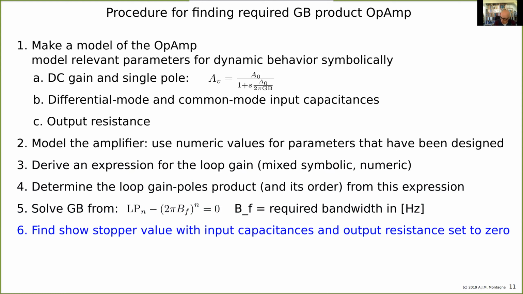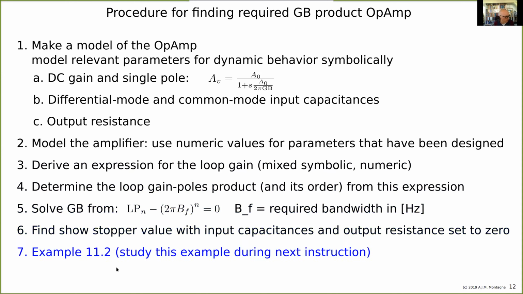So a showstopper value, an absolute minimum gain bandwidth product that you would need, can be found if you make all the other things 0. So if you make input capacitance 0, output resistance 0, then you say, well, I need at least to have an operational amplifier with so and so much bandwidth. And later on, you can add other things and see what is then the impact. So do it step by step, then you keep track of your design. And there is an example in the book